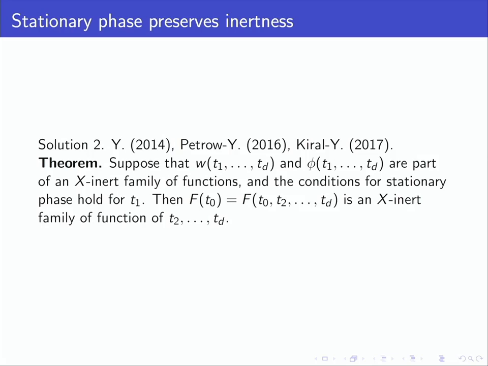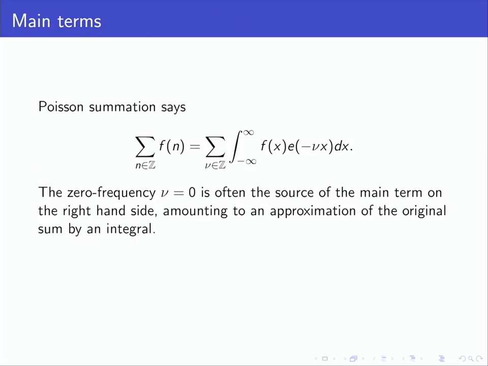And the proof is just some gigantic calculus problem. You just keep track of differentiating all sorts of things and all sorts of variables. And it's something you just want to do once in your life and never have to do again. And I hope none of you ever have to do it. And then you could just use this result if you need it. So, okay. The other thing I want to zoom in on is main terms, or